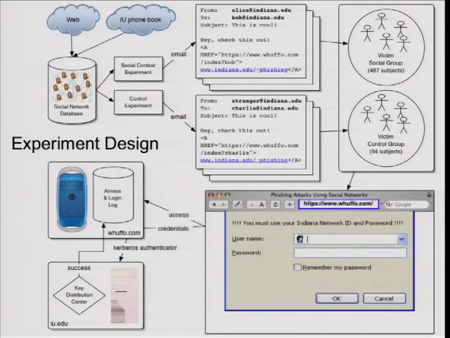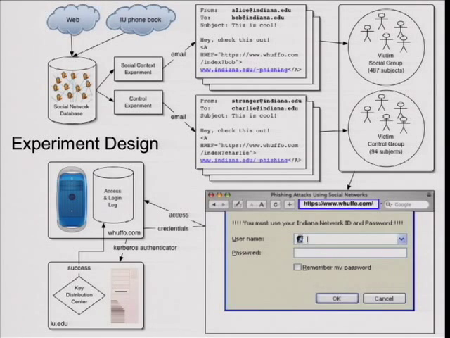And so then in these two groups, we counted what people did. If they received the email and clicked, they were taken to a site with a login that was reminiscent of the Indiana University logins, but with some very obvious differences. There are some exclamation marks before the instruction that you must enter your username and password. And the name of the window is phishing attacks using social networks. And this is not hosted at IU. Actually, it was, but we hosted it somewhere else apparently, but then just did a redirect and URL scripting. So all of this actually ran on an IU server.